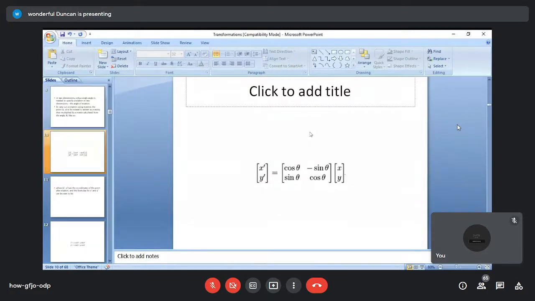So we have this is P0 or P, then we have P1 or P prime. These are the coordinates for P prime, x prime, y prime. So when we multiply this point by this matrix, this is what we are going to have,